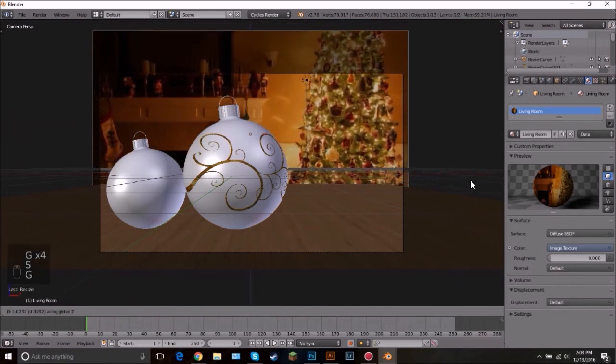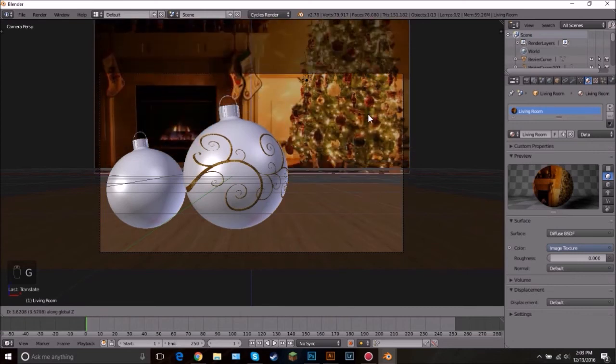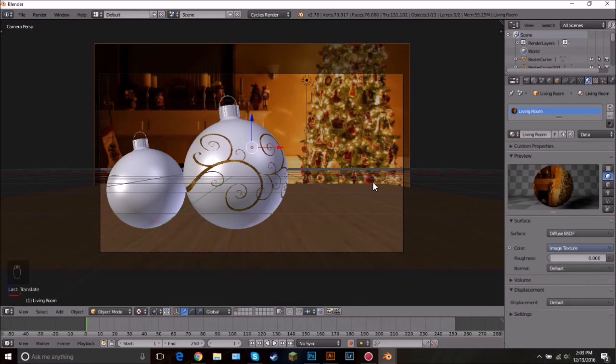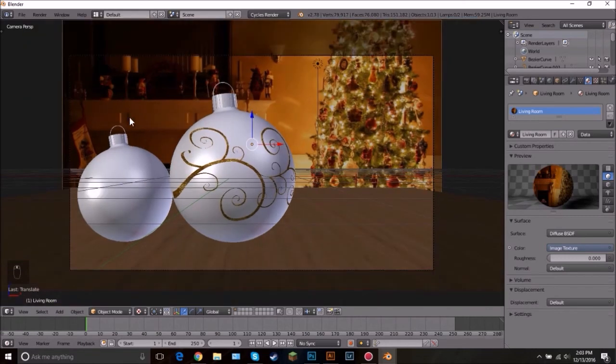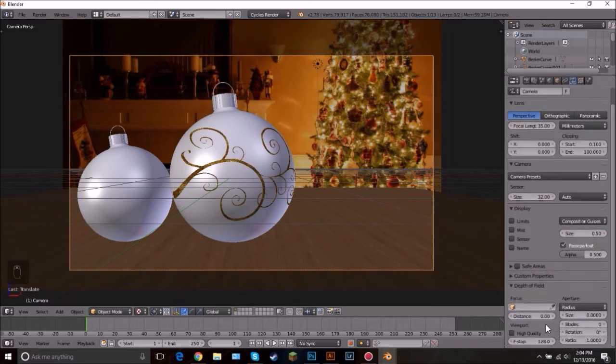Just get it kind of where you want it. It doesn't have to be just like this. I think I'm gonna go with that, and maybe, hold on, right about there. That looks pretty good. We got the tree, we got some stuff in the background. Cool. So now right click on this and go into